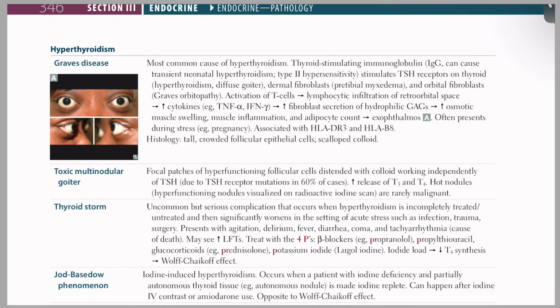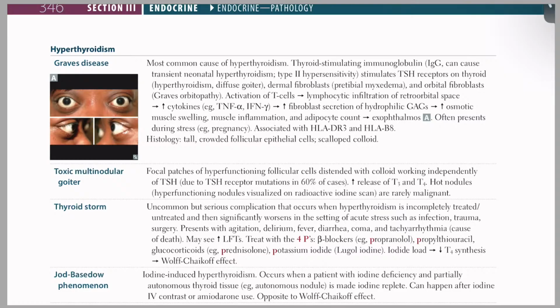Orbital fibroblast: Graves' orbitopathy, activation of T cells, lymphocytic infiltration of retroorbital space, increased cytokines, that is TNF alpha, IFN gamma, increased fibroblast secretion of hydrophilic GAGs, increased osmotic muscle swelling, muscle inflammation, and adipocyte count leads to